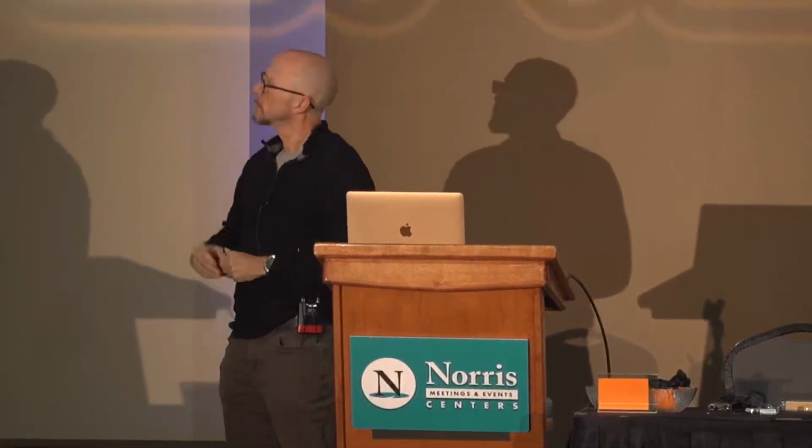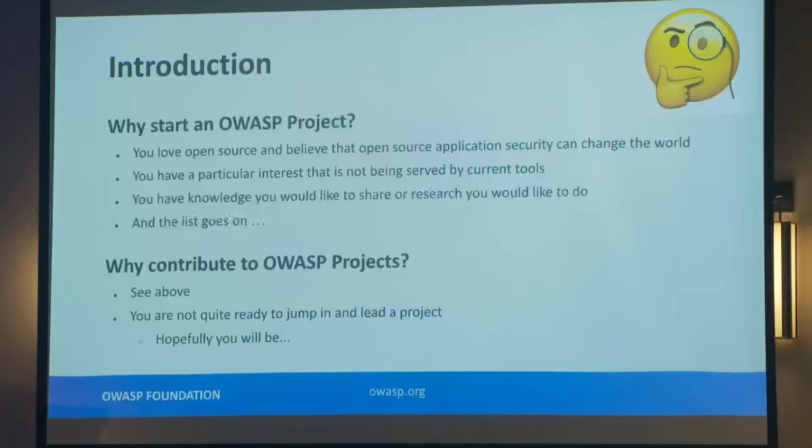So, why start an OWASP project? It's an excellent question. Most people start because they have a love of open source and they believe that there is some domain, if you will, that needs more tools or more resources, and they believe that application security can change the world.